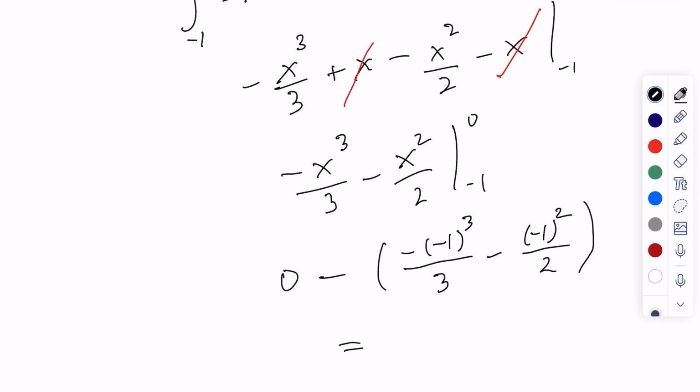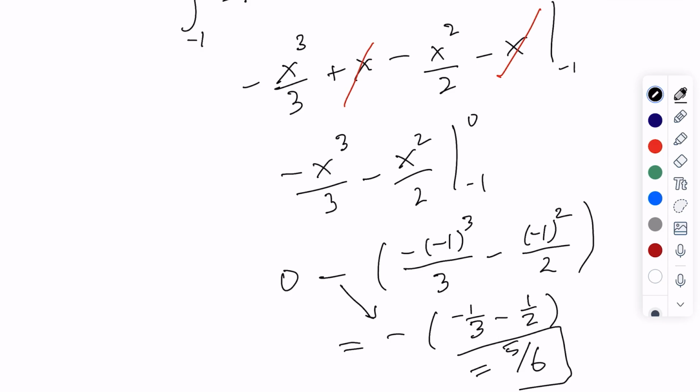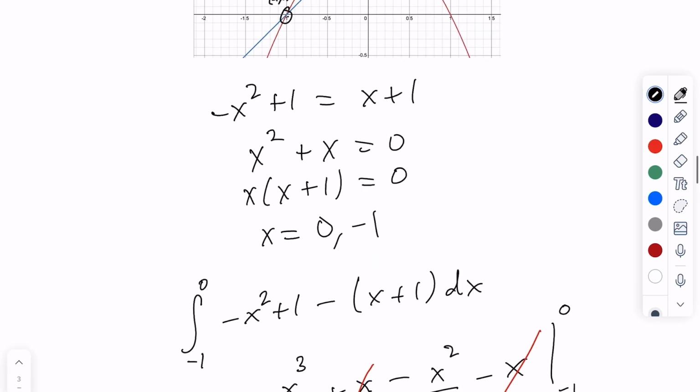So then what we will get is this negative will come down, minus, and we'll have minus 1/3 minus 1/2, and our final answer will be 5/6, and that is the area